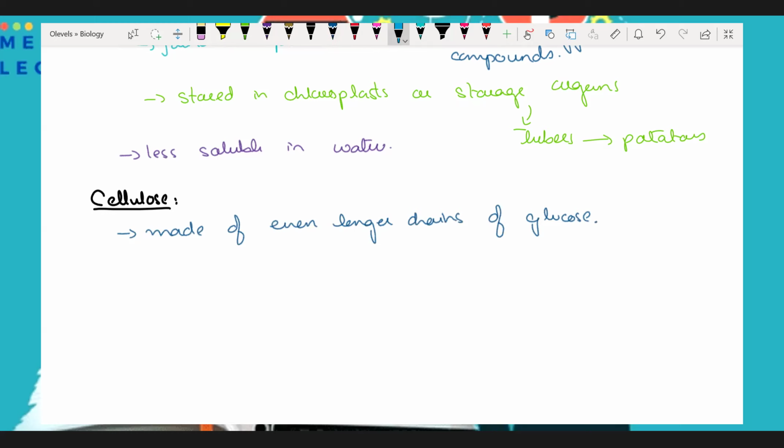And the chains group into fibers, right? And those fibers help in forming a rigid plant cell wall,